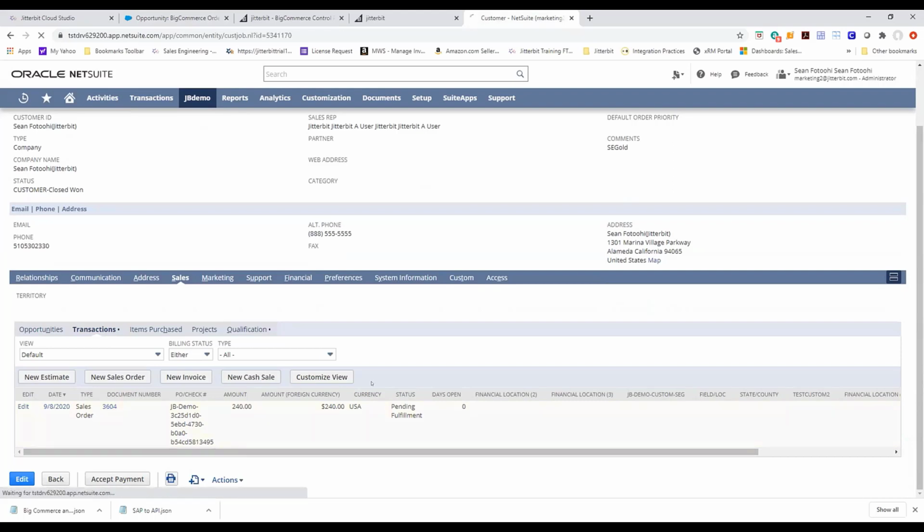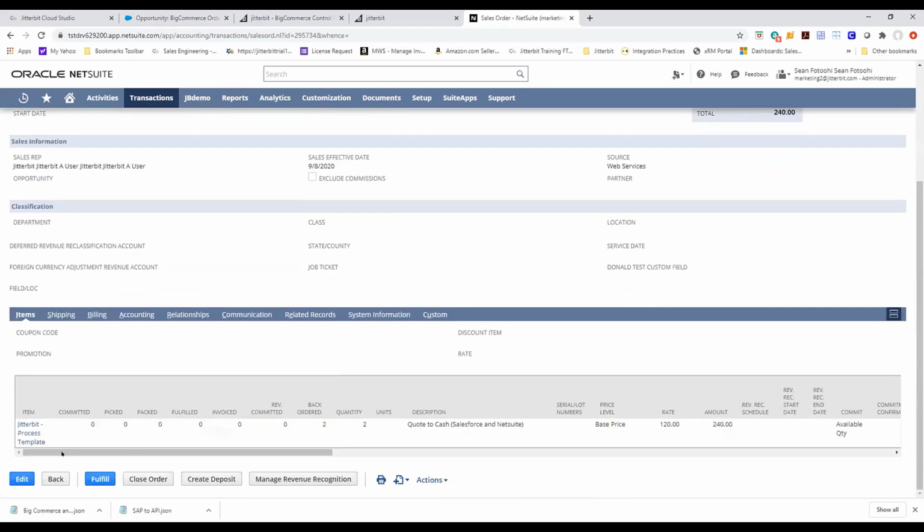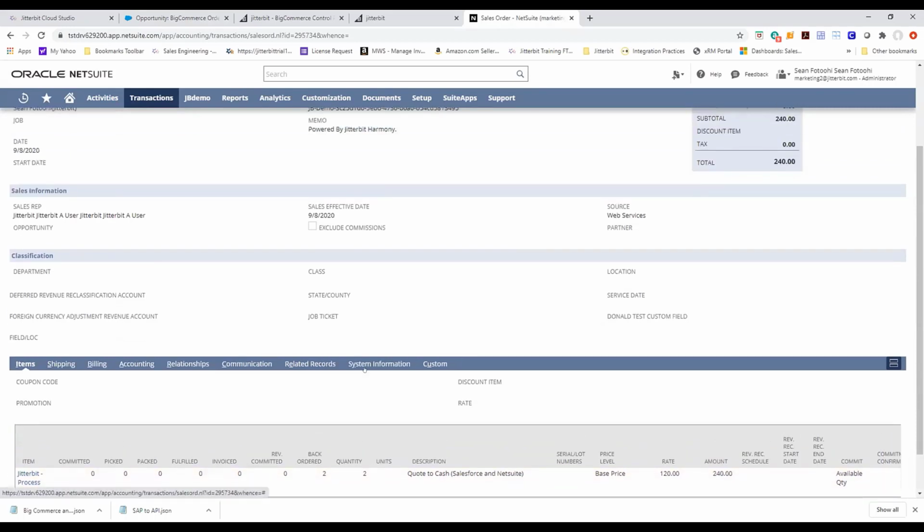And if we navigate to it, you see the $240 as well as the item that was purchased and the quantity. And just like that, the order that was placed on the BigCommerce website, we were able to process automatically